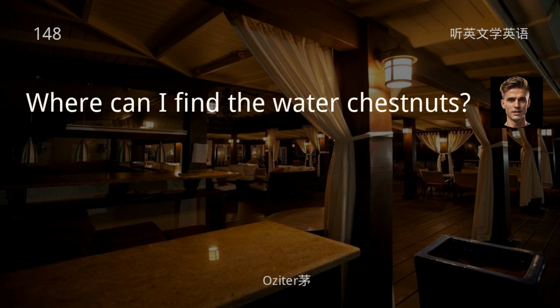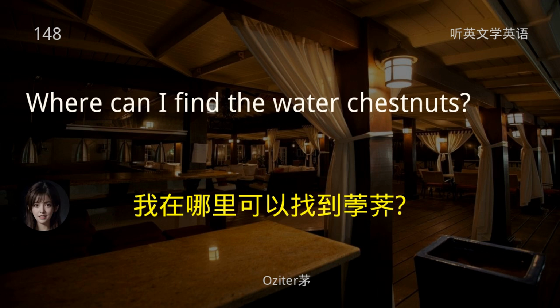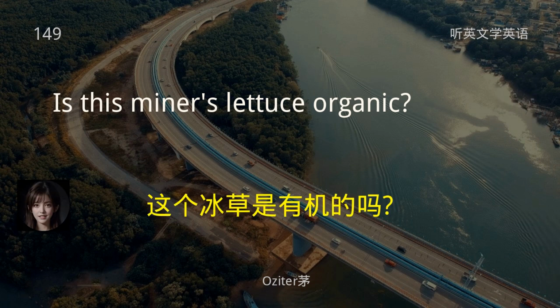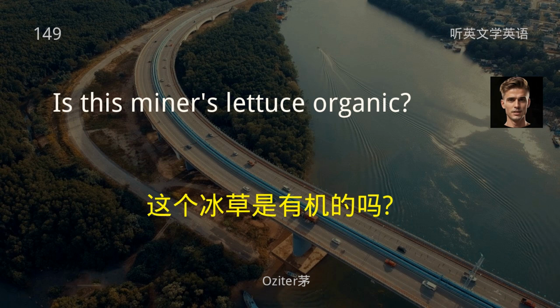Where can I find the water chestnuts? 我在哪里可以找到荸荠？ Is this miner's lettuce organic? 这个冰草是有机的吗？